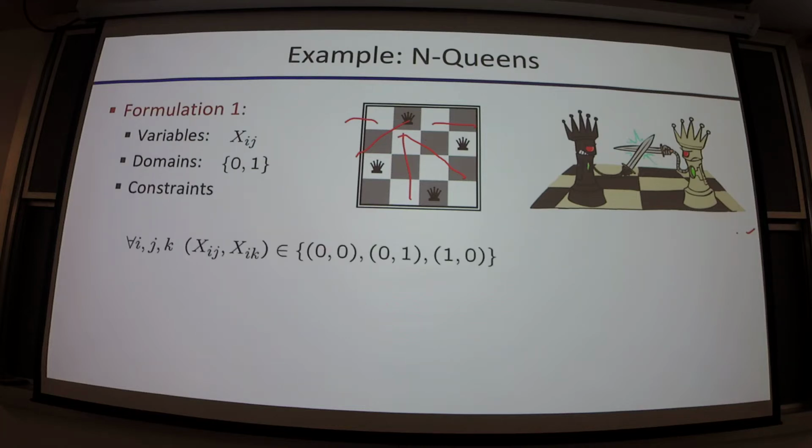Well, if we look at them explicitly, we can say, well, we know, for instance, that every column can only have one queen, right? So that's what this is saying. This is saying if we look at two squares in one row, right? That's the i index that's shared between these two values in the tuple. For any j and k, they can either take on the value 0 queens at those two places, or one of them can have a queen but not both, right? You see that in this formulation?